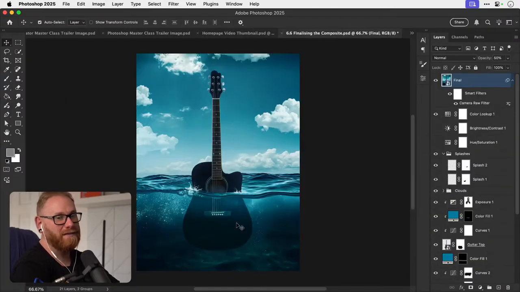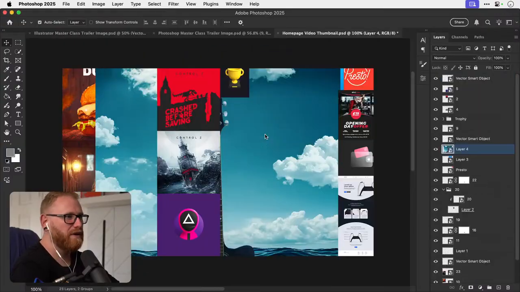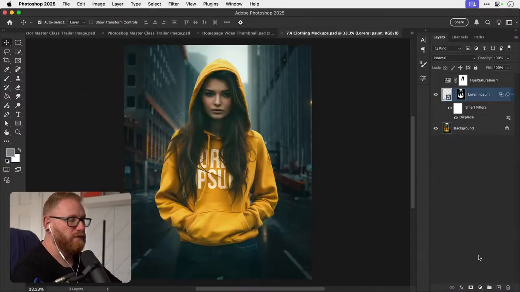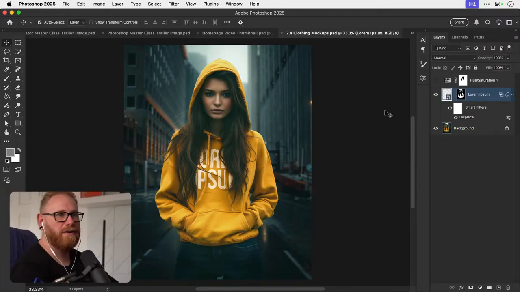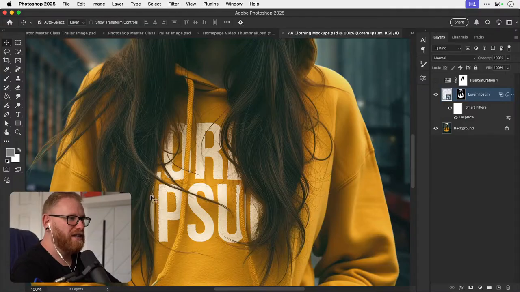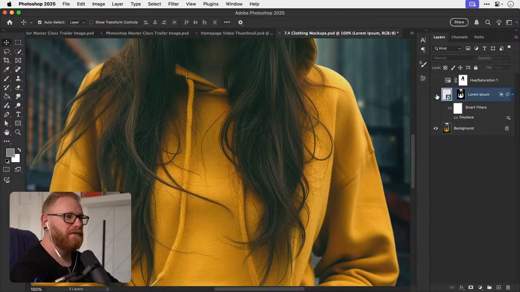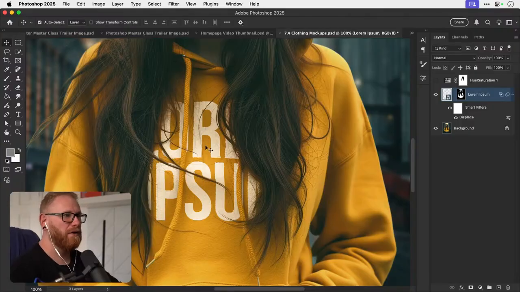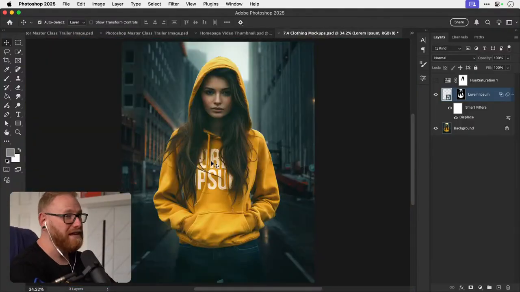So if you want to learn how to make stuff like that and composite images and dunk stuff in water, that is covered in the first Photoshop course. Oh, this is going to turn into a somewhat of a segue sales pitch. We've got compositing, subject, different background, color correction, mocking up a graphic or whatever design it is onto a hoodie, masking around hair as well. So that thing isn't actually there. You can see we've got the ripples of the material, we've got the texture blending through. Really easy to do once you know how.